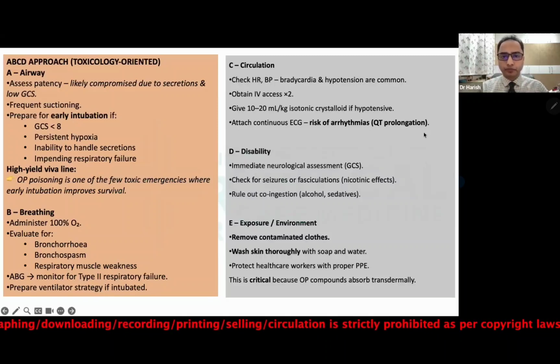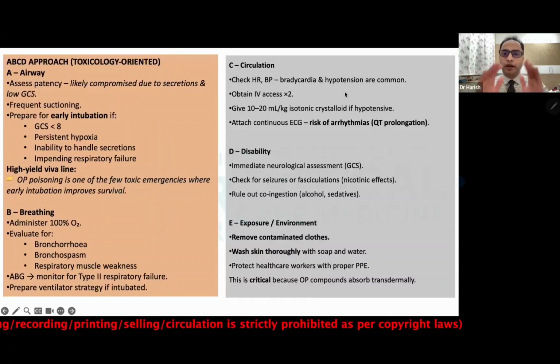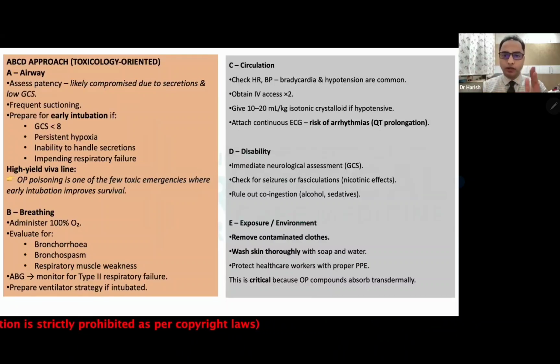So circulation, check the heart rate and blood pressure. Bradycardia and hypotension are common in OP poisoning. Obtain at least 2 good IV lines, IV access. Give 10 to 20 ml per kg of crystalloid if there is no other confounding comorbid condition and the patient is hypotensive. Attach continuous ECG because of the risk of arrhythmia, and QT prolongation is there with some of the OP